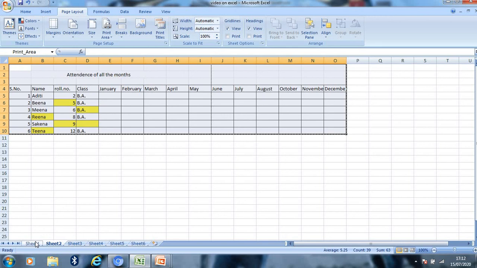Select a worksheet, name a worksheet, insert and delete a worksheet, move and copy a worksheet. So first we will do select a worksheet. What will we do to select a worksheet? First click on the sheet tab, click a sheet on the sheet tab to display.